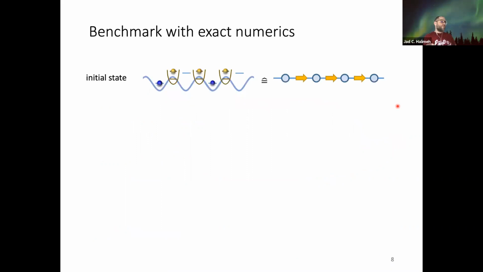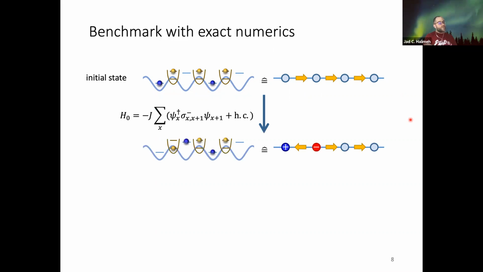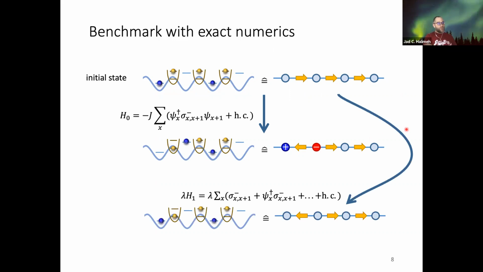Again, if we look schematically, just to be precise, you see that this is a vacuum state. So if we consider quantum electrodynamics, this is a vacuum state where I have a field just pointing in one direction, and processes by H0, like I told you, this assisted tunneling term, would bring me to the following state. So I have a creation of an electron-positron pair, and the electric field in between them flips concomitantly so that Gauss's law is still preserved. Processes in H1 would be an unassisted flipping of your electric field. So the electric field flips without any movement of your matter fields. This violates Gauss's law.